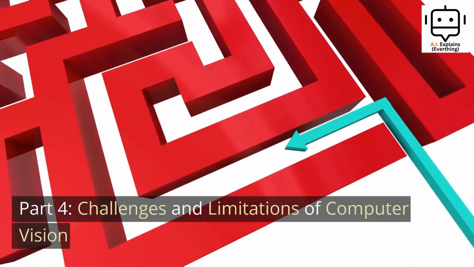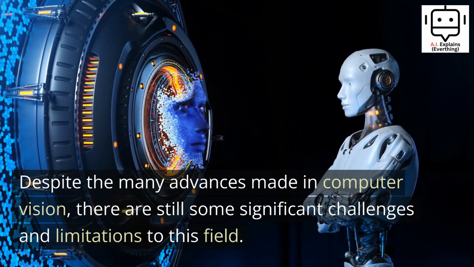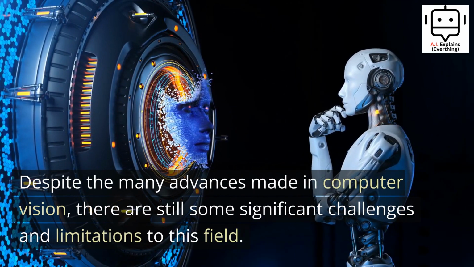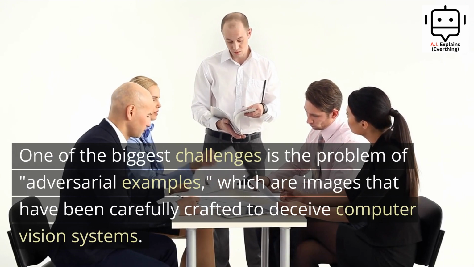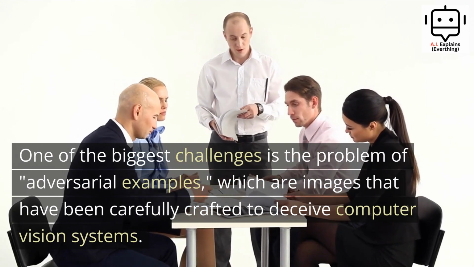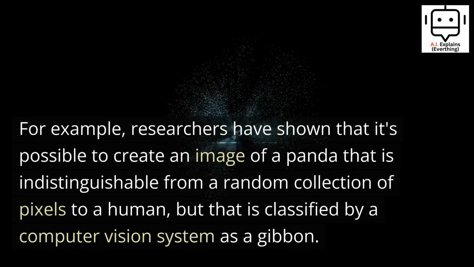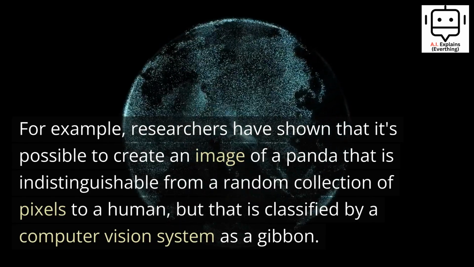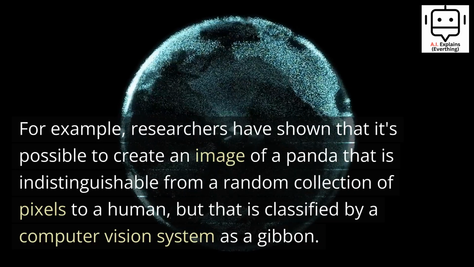Part 4. Challenges and limitations of computer vision. Despite the many advances made in computer vision, there are still some significant challenges and limitations to this field. One of the biggest challenges is the problem of adversarial examples, which are images that have been carefully crafted to deceive computer vision systems. For example, researchers have shown that it's possible to create an image of a panda that is indistinguishable from a random collection of pixels to a human, but that is classified by a computer vision system